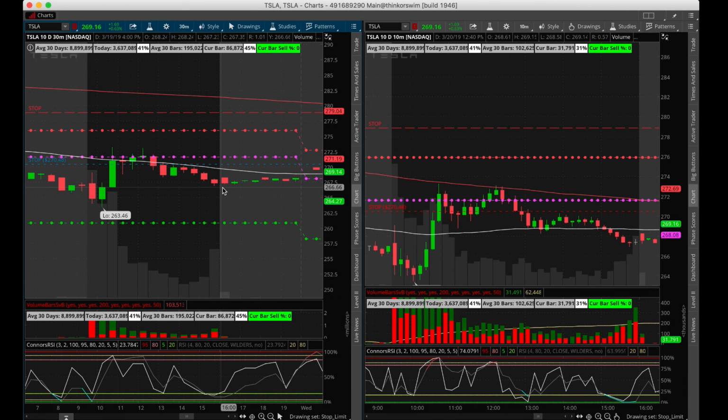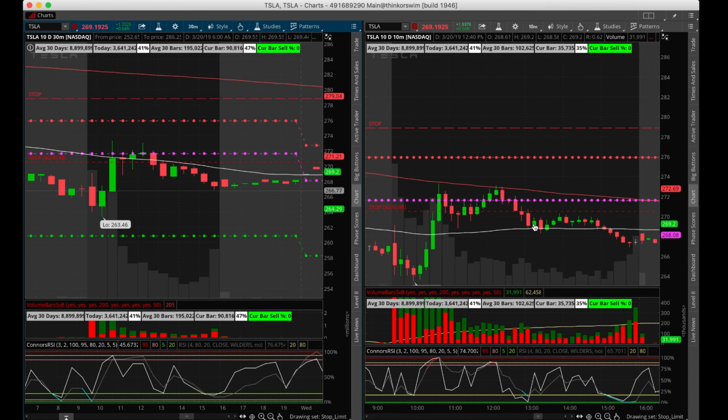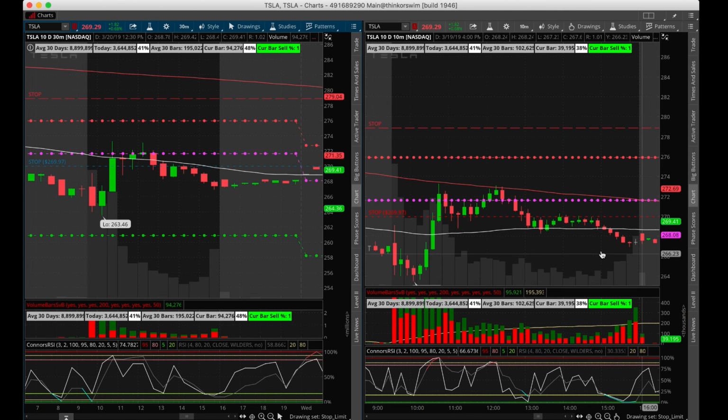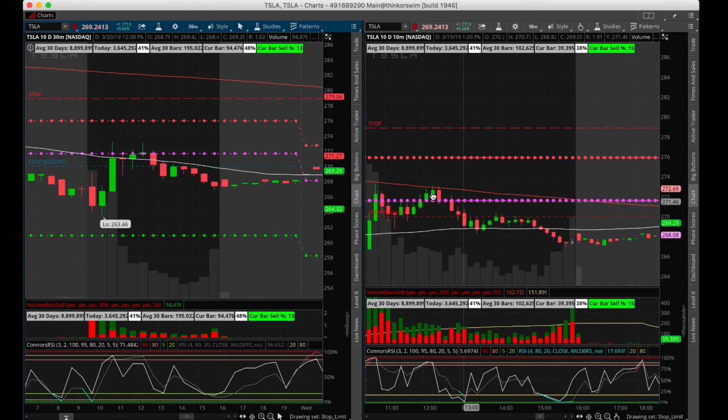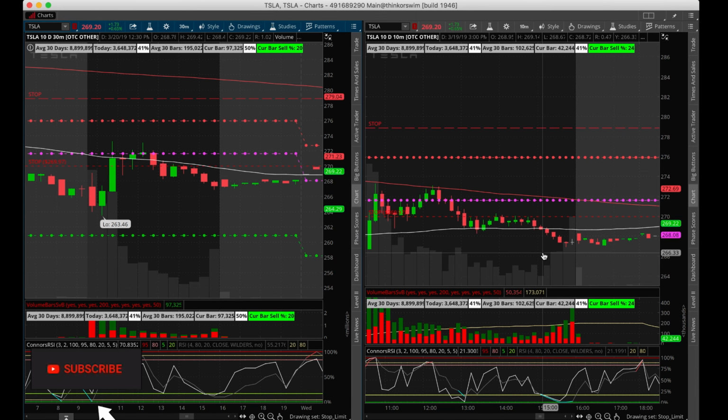And if your target was to close by the end of the day, as you can see here on these 30-minute candles, the stop was never hit and nothing ever closed above these highs. You continue to move your stop lower, ever lower. And look at these 10-minute candles. Never did you get a close above those highs again for the day. This would have been a nice little run that you would have taken advantage of, but you managed your stop accordingly. That way, this doesn't go against you,